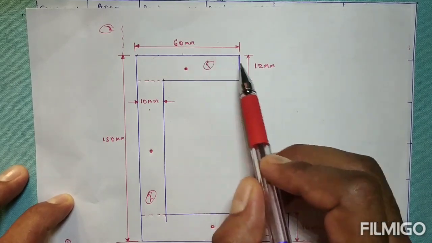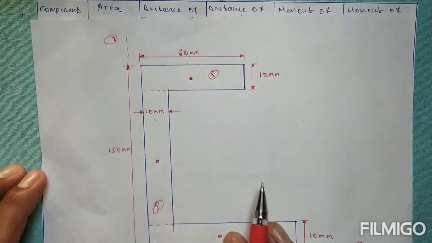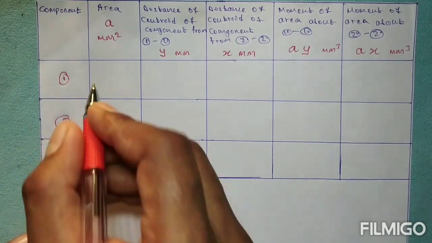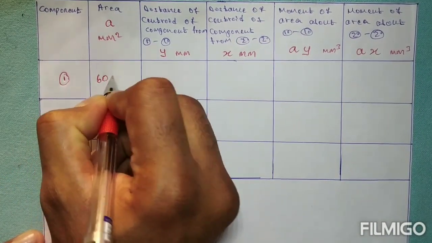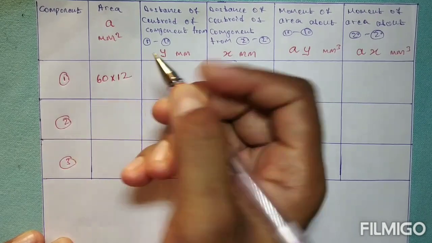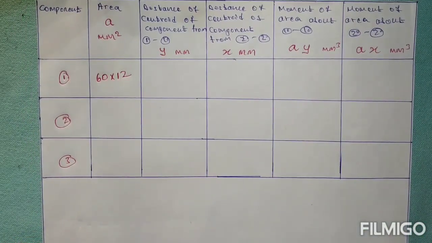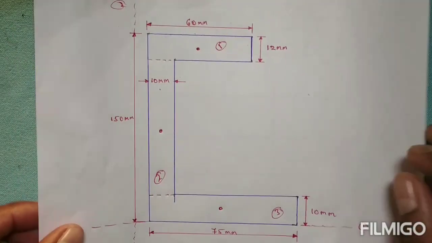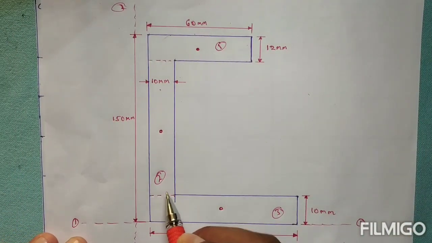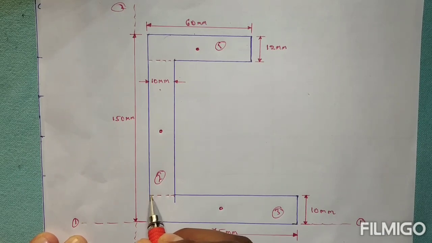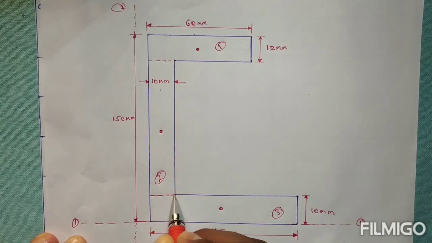The area will be 60 into 12. Next we come to our second component. We need the area of the second component, that will be this width